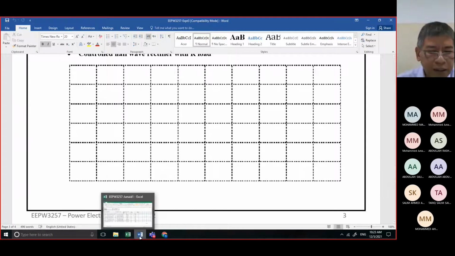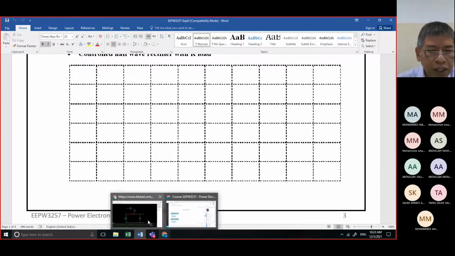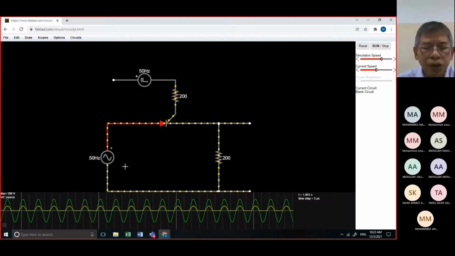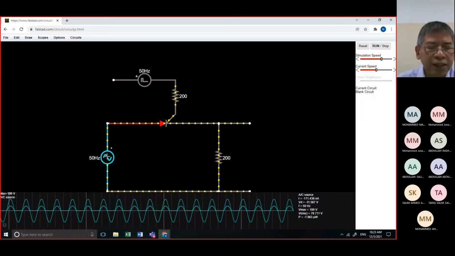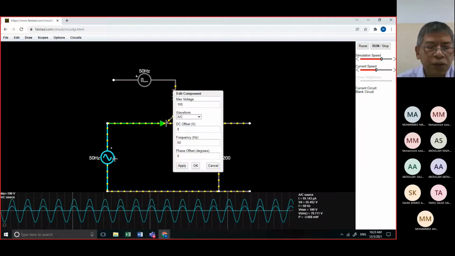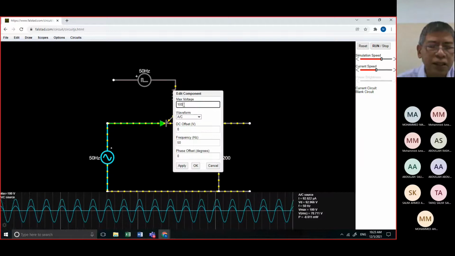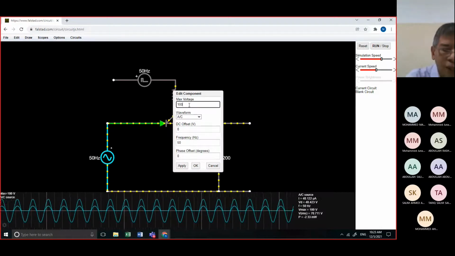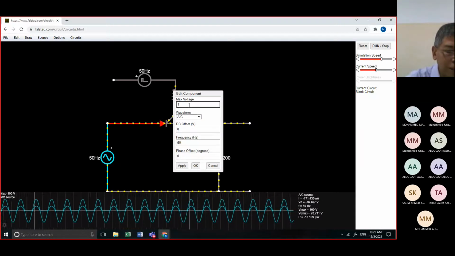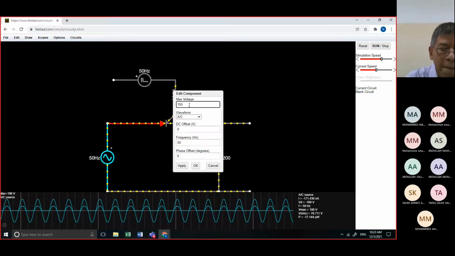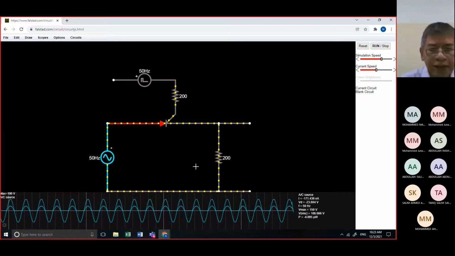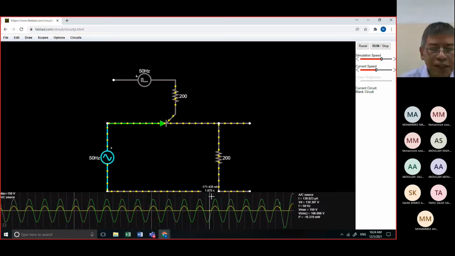And then if we change the voltage input, you will see the difference. For example, we change this to 150. Let us see the difference. Did you see?